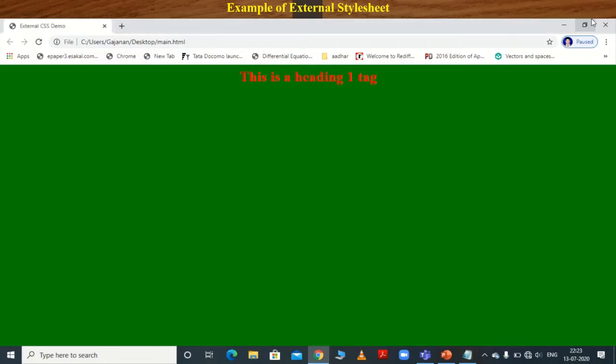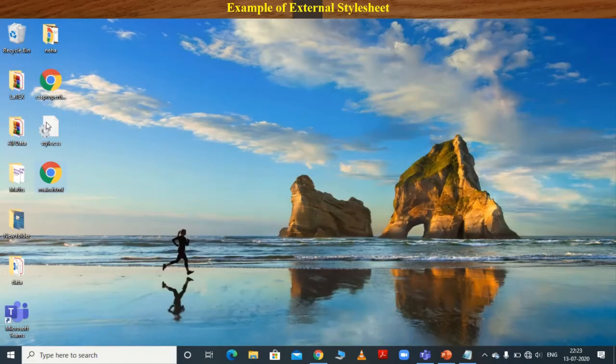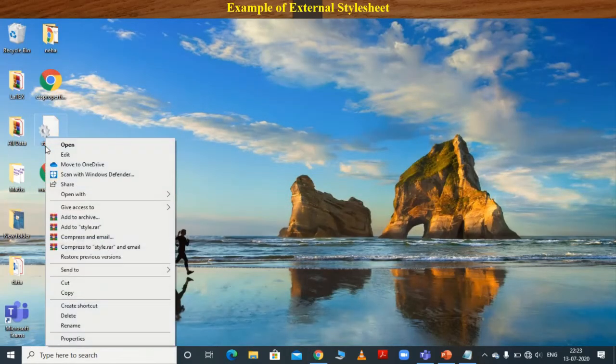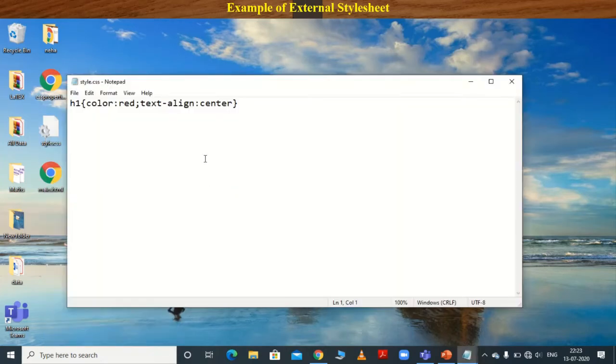So suppose I want to add some styling tags in style.css. So how to add this? Open this file with Notepad. Clear? And I want to add some tags, that is h2. Suppose I want to style the h2 tag here. Curly bracket open, close. Next, color, suppose yellow, and next one is what?